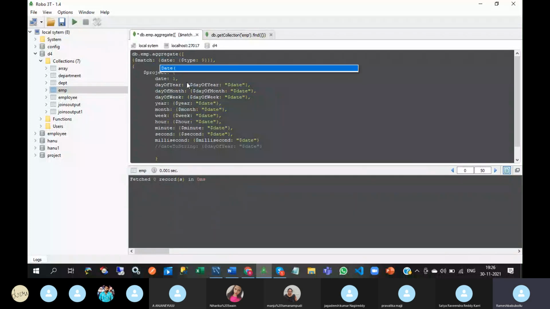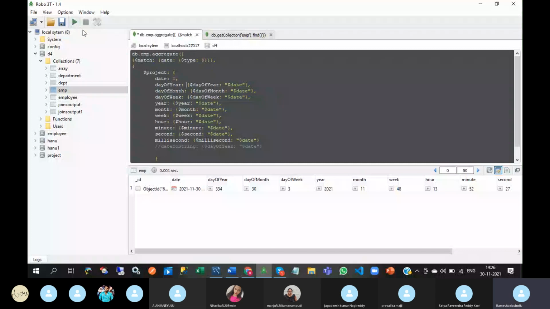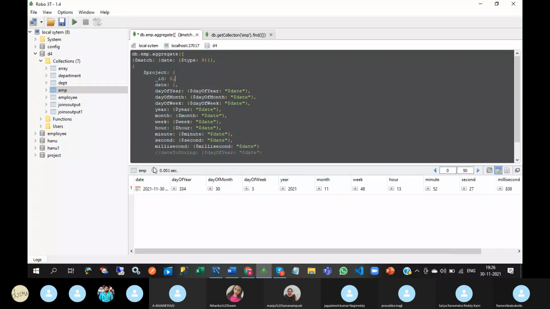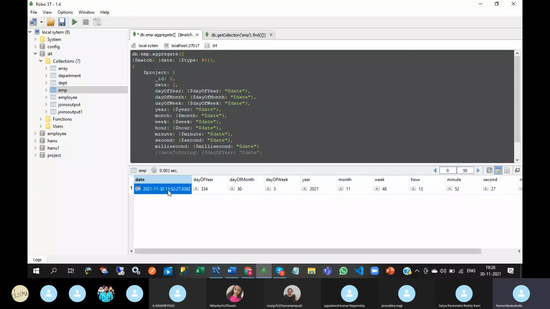Not employee date. This is the inserted date. We have inserted it earlier.